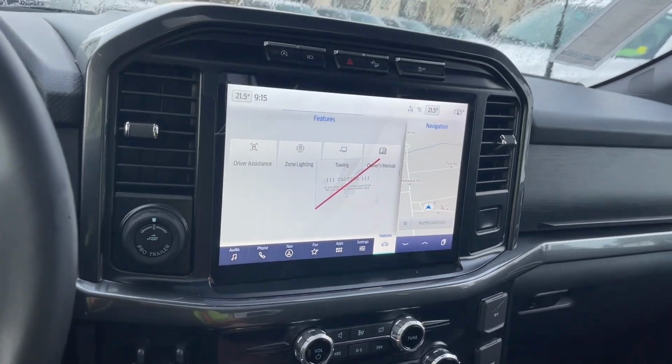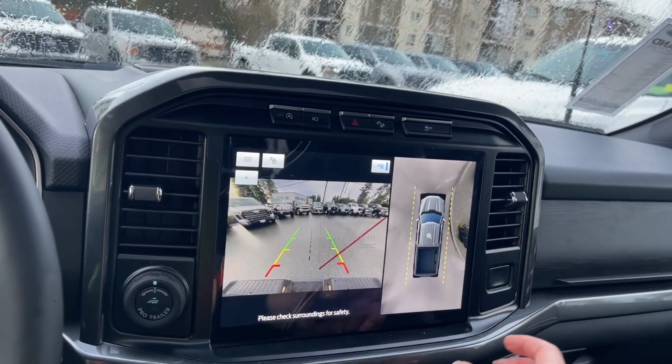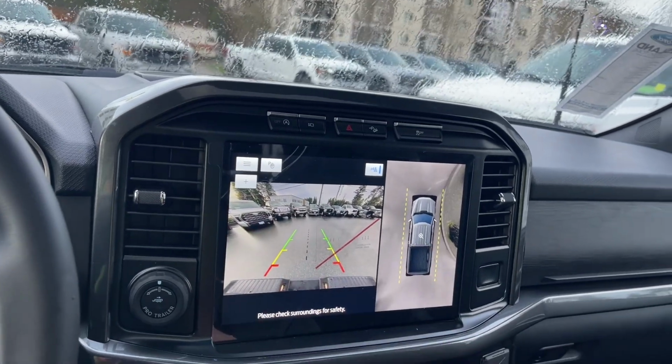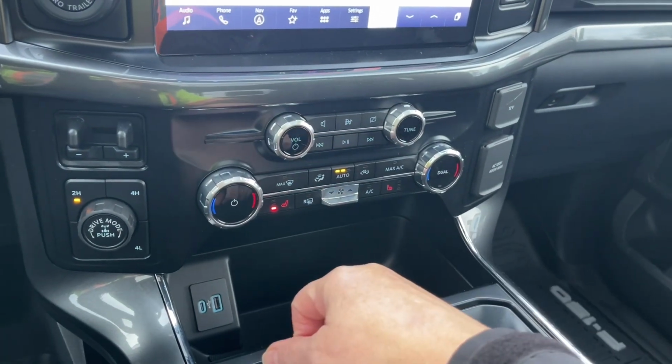Now, when we put the vehicle in reverse, this is where we're going to see our backup camera view. So right off the back bumper, again, we can see ourselves in space. This is a 360 camera, center line, and green, yellow, red, just how close other objects or vehicles are to us. Let's put us back into park, volume and tuner, dual climate control, dual heated seats for driver and passenger,